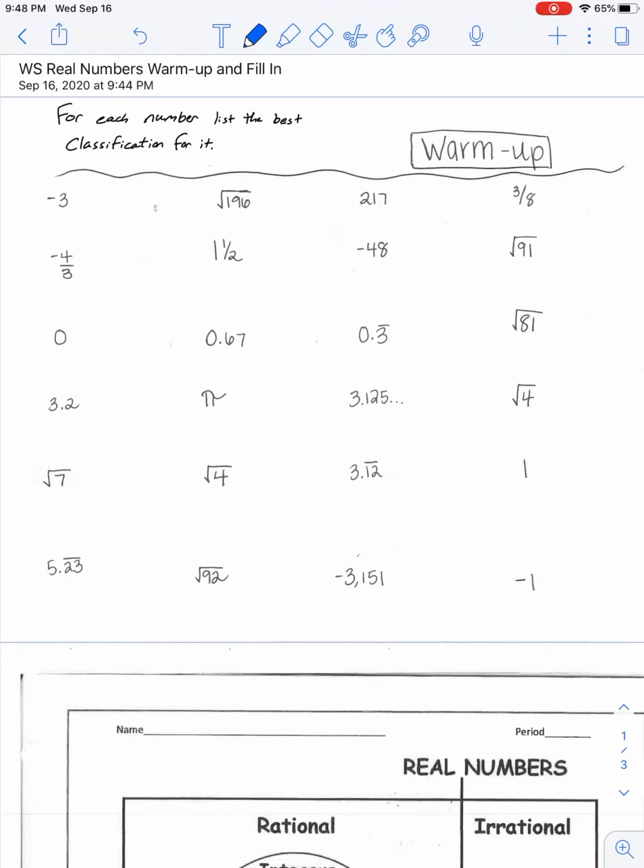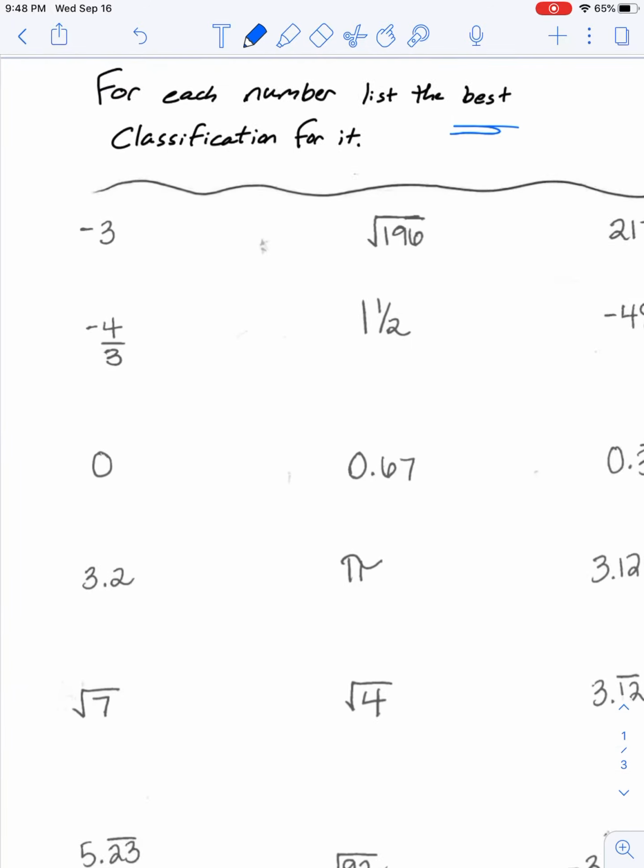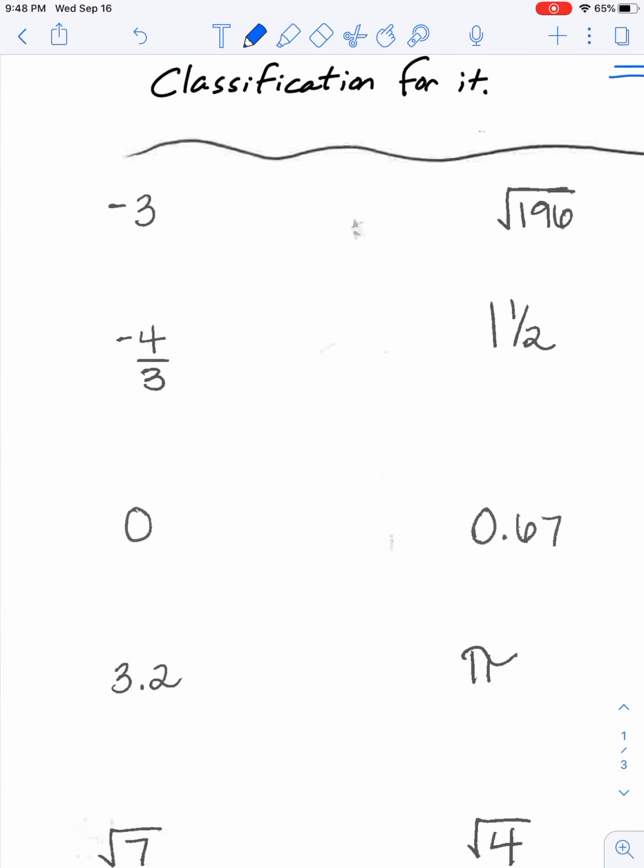Hey everybody, here's a little help on that review worksheet, the real numbers warm-up and fill-in chart. I'm calling this the front side. This is the warm-up sheet here. All you're doing for this front side is giving the best classification for each number. Again, just giving the best one, not necessarily writing all the categories that it belongs to, but hopefully we're getting